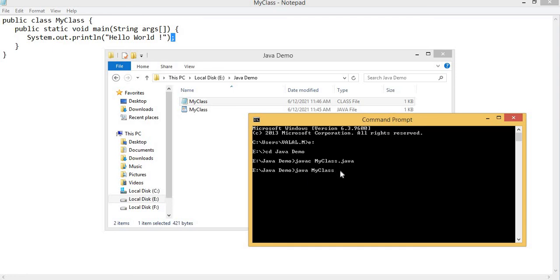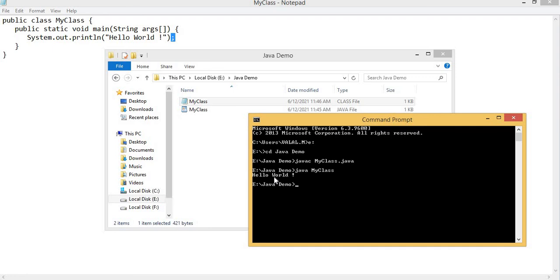I am not specifying the extension because during runtime I am not executing my source code. During runtime I am executing my bytecode, nothing but the .class file. That's why I will not specify any extension. Now you can look at my output. It is successfully displaying my output.